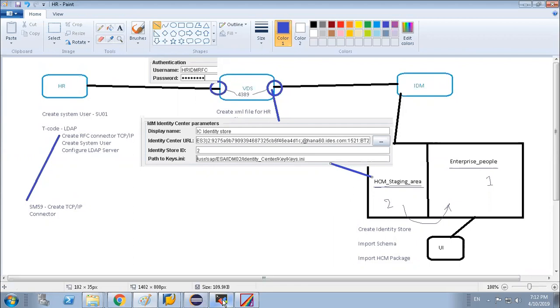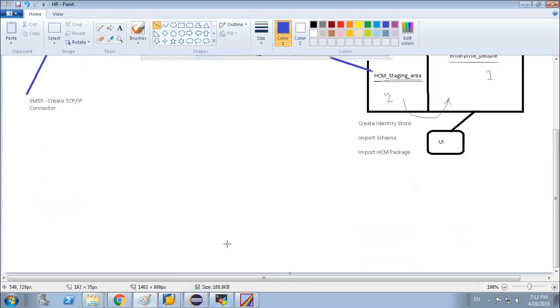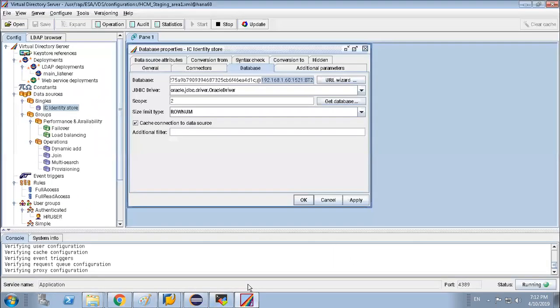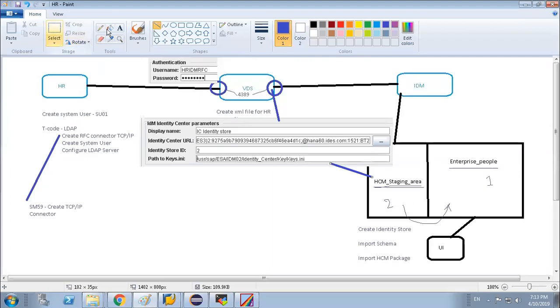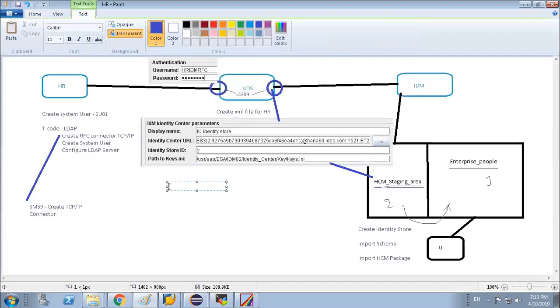Okay. So here our database is installed on a Unix server. That is why you can see the entire details are the Unix server details. If you copy this one and paste it over here, actually the password is encrypted.